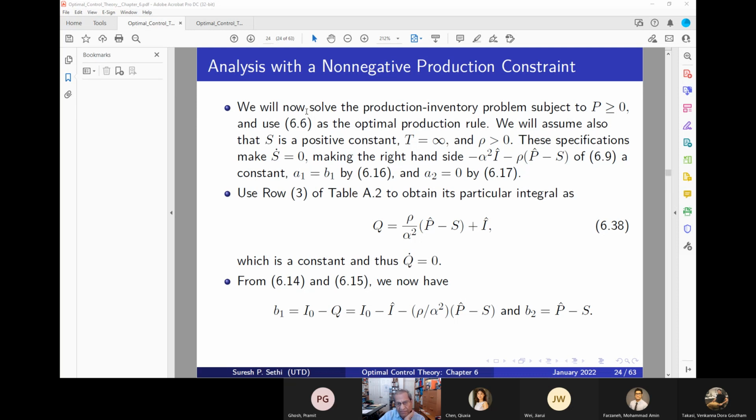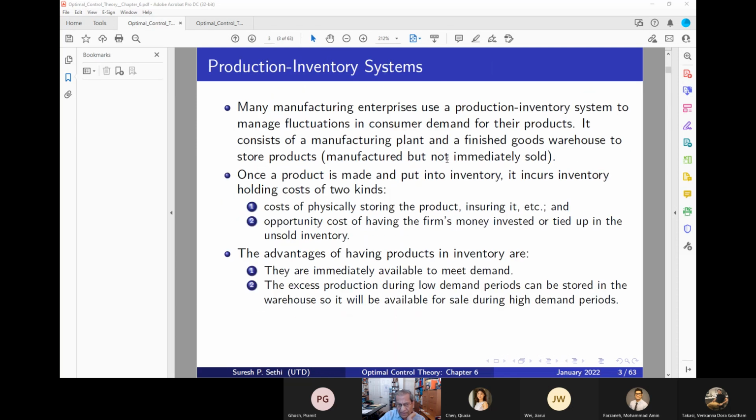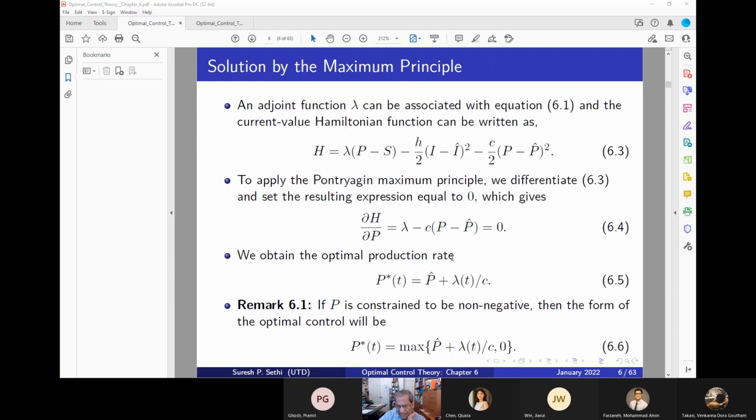So let's continue here. When T equals infinity, I want to assume rho to be bigger than 0. And I want to solve the problem now by going back to 6.5. What I want to do now is not simplify the problem. I would allow you to have 0 production. So I would like to use this formula. I'm not allowing negative production, but the constraint is going to be active if my initial inventory is very large, and I want to find out how to